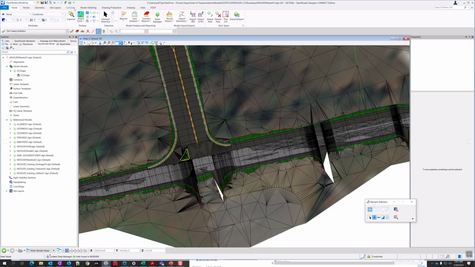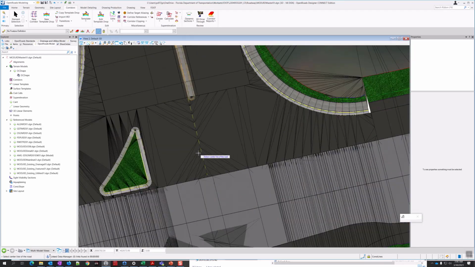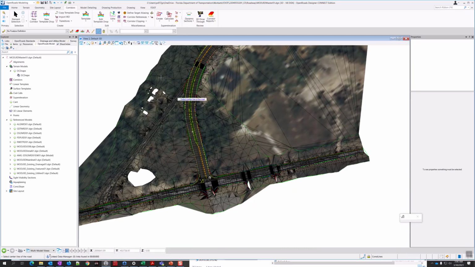So we're going to go over here to the corridors tab of the ribbon. And over here on the right, the 3D drive-through is where we're going to select. Next to the last button here. It asks me to locate a 3D view. Well, that's the only one I've got open. It asked me to locate the center line of the road. Now this could be problematic because I don't see the center line.